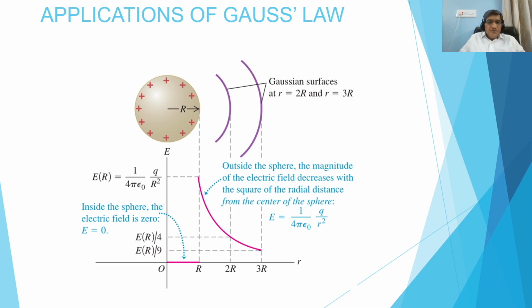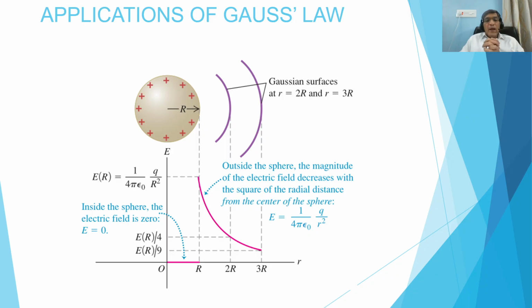So here is the example. We have a solid conductor, a solid sphere, which is a conductor. We have a net positive charge, which is only at the surface, and the electric field inside the conductor is zero. Capital R is the radius of the conductor. First of all, we draw imaginary Gaussian surfaces of radius 2R and radius 3R, shown by the semicircles. These are the imaginary Gaussian surfaces drawn around the conductor surface.